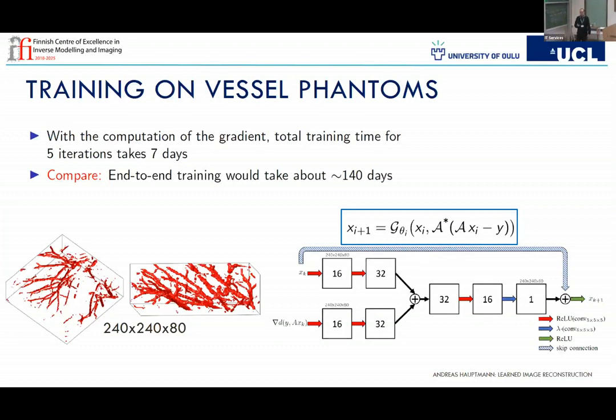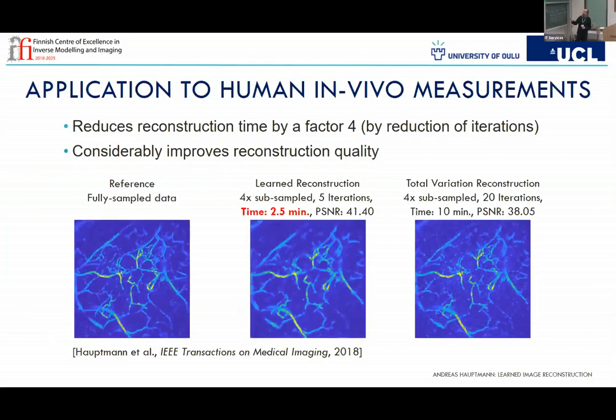So that was nice. And what did we get from it? We basically got a reduction in computation times by being able to reduce the amount of iterates that we need in comparison to classic total variation. With total variation, because we're not that patient, we would just run for 20 iterations. We're satisfied with that. Now we could cut it down to 5 iterates, but we're still limited by